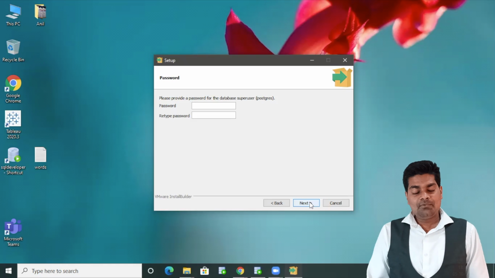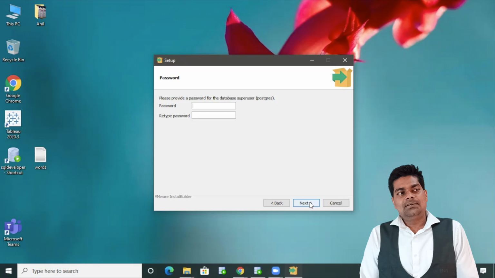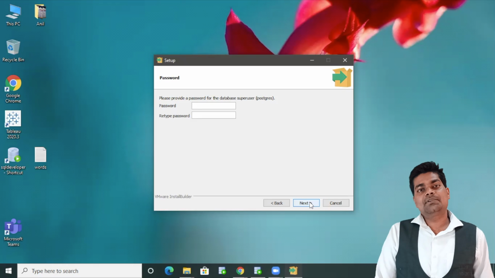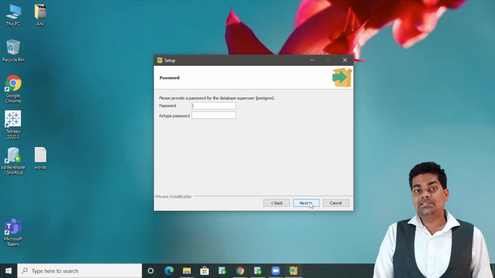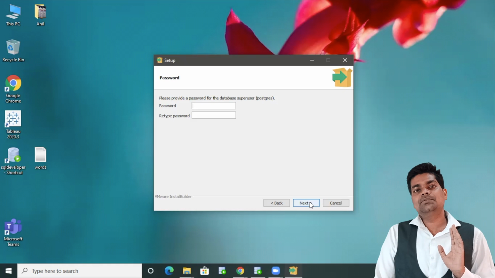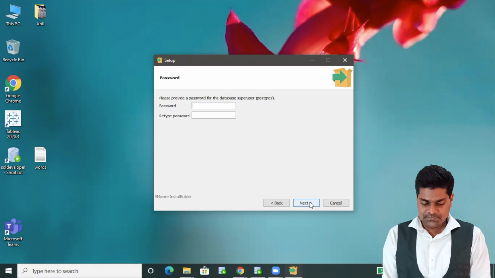Why I always suggest giving a simple password is because lots of folks enter a different password, and after that they forget the password. So again they are uninstalling and installing the software. So always keep a very simple password for software which you are using for learning purposes. So I'll give the password welcome1